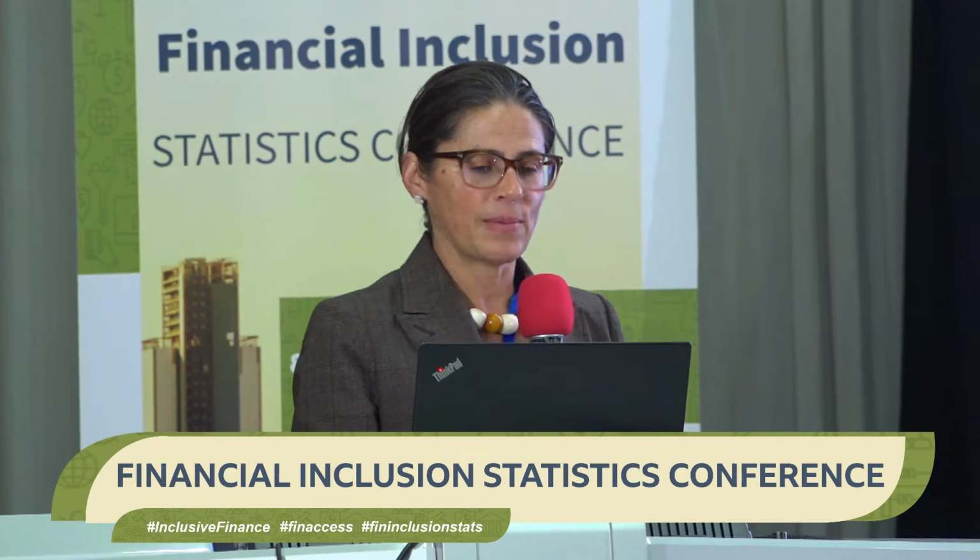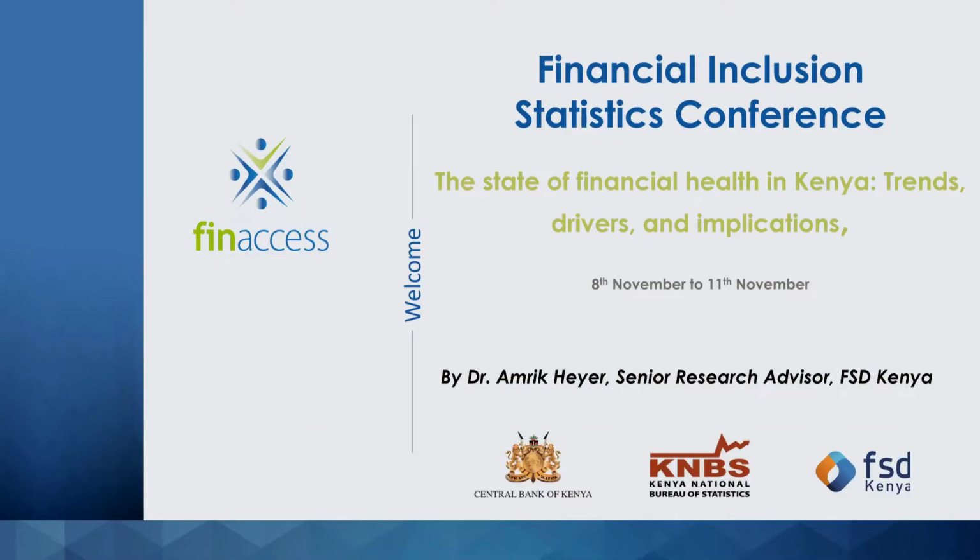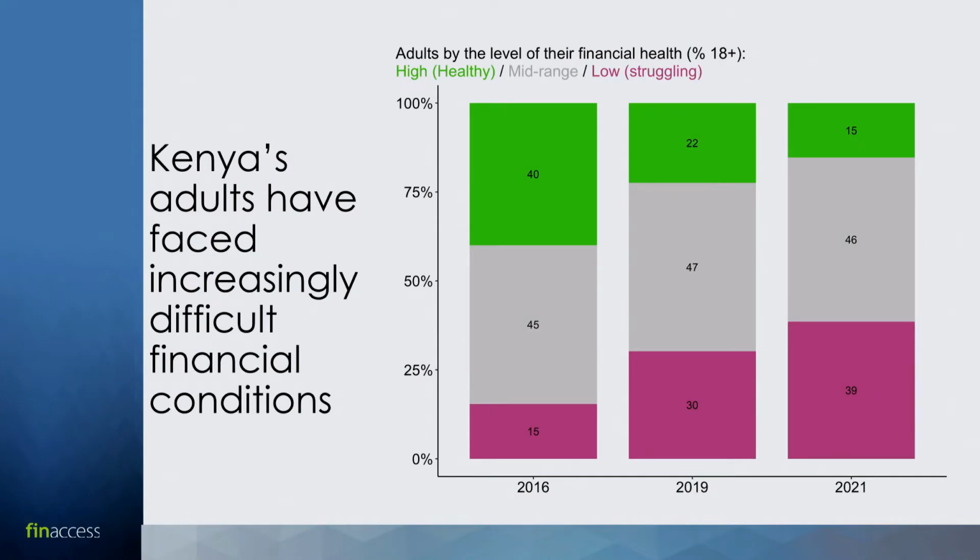So this is just a taster, as I said, of a paper that Paul and I have written to try and use the data to dig into what might be driving declining financial health measures. We're seeing rising levels of financial inclusion, but as you can see from the pink bars there, we're seeing more people struggling with lower financial health, and correspondingly the green shows that there's also a decline in people with high financial health across the population.